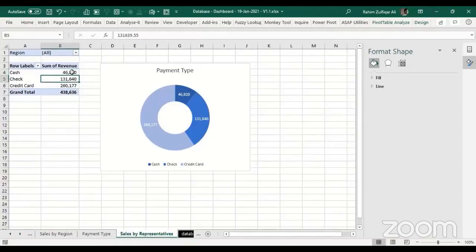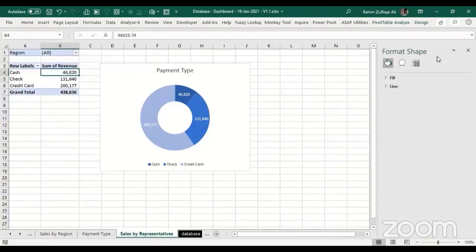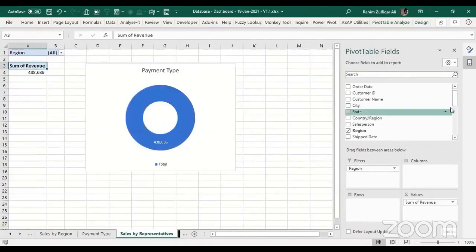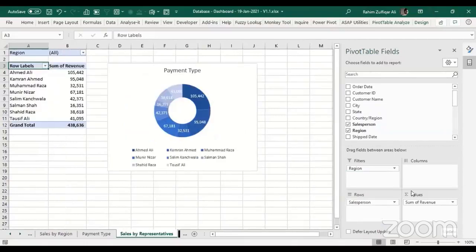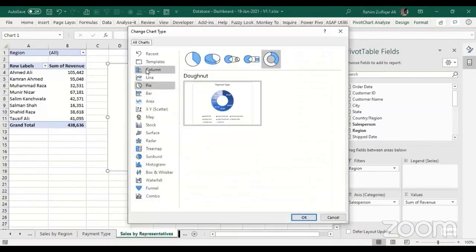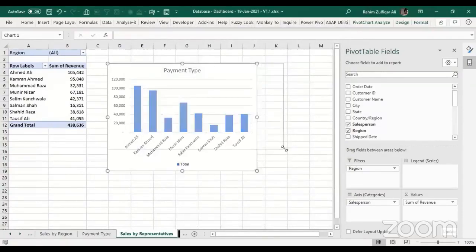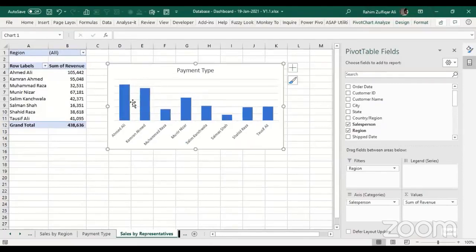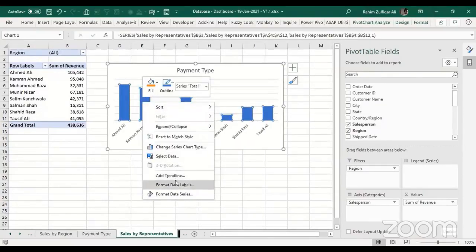Okay, and this time we will definitely make some changes in our pivot table. Region will be in the filters, and instead of payment type, we need the salesperson to be here in rows, and definitely the amounts. This time the visual will be a column chart, so I will change the chart type into a column chart, right? And I don't want a legend for this, and on the vertical axis I will just turn on the data labels,